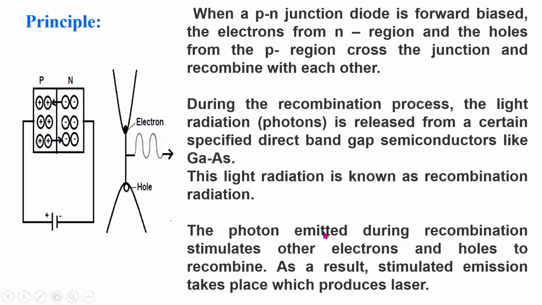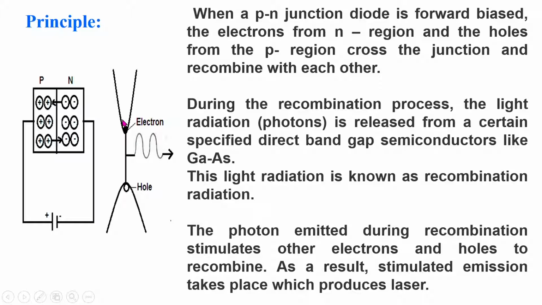During the recombination process, the light radiation is released from certain specified direct bandgap semiconductors like gallium arsenide. Now see here in this second figure, this is the figure of direct bandgap. Here the material used is gallium arsenide, such a material having the direct bandgap,